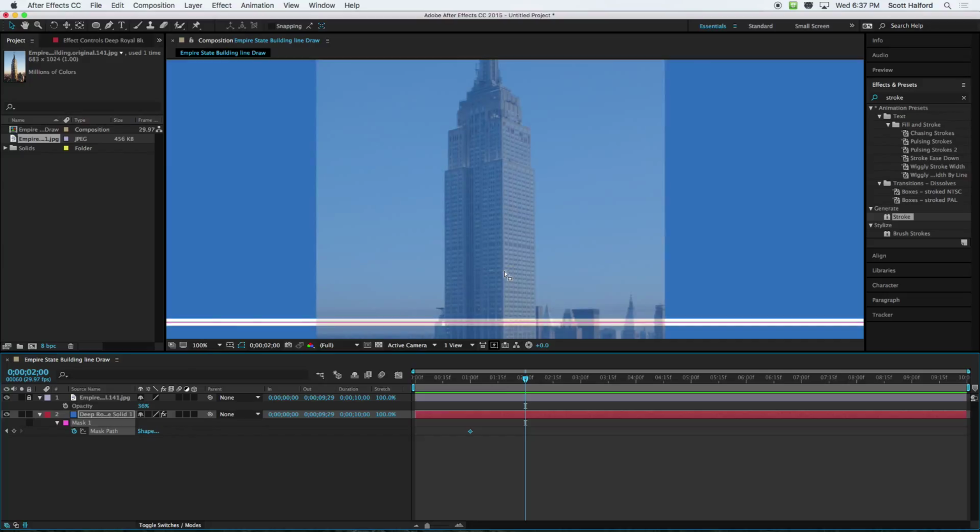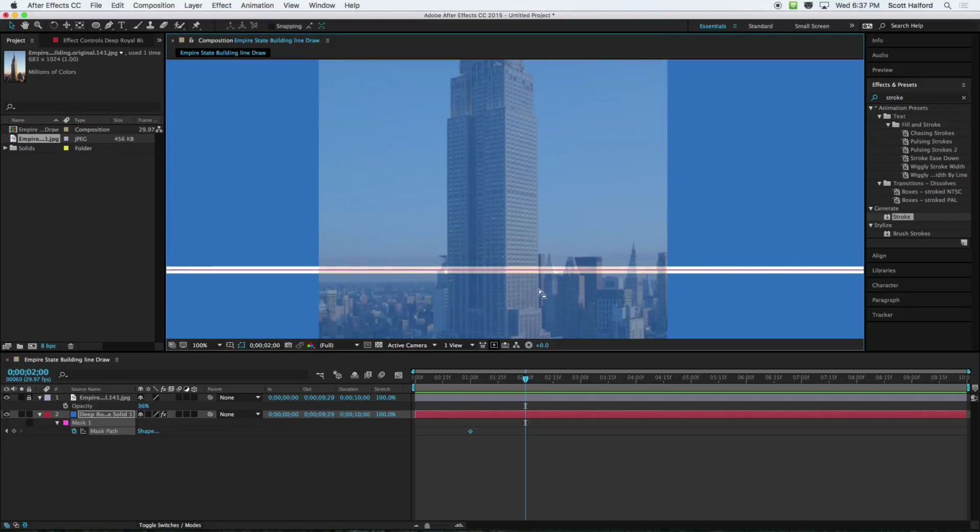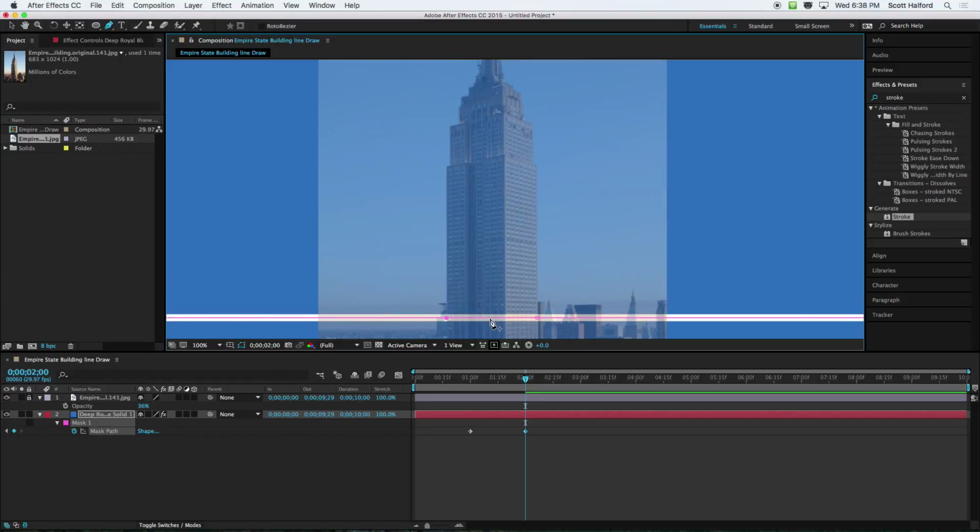The way I would start that is with my pen tool, just by clicking on it. See the plus next to the pen tool, that's my add vertex. If I add another one in the middle, then switch to my selection tool, I'm going to drag that one up